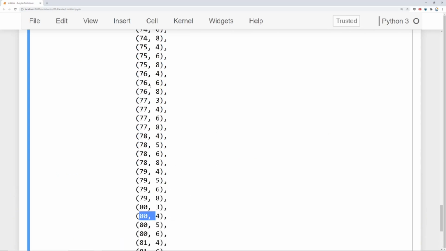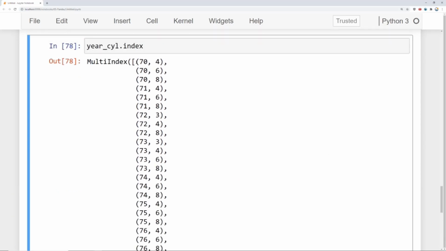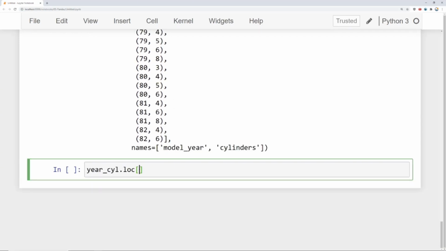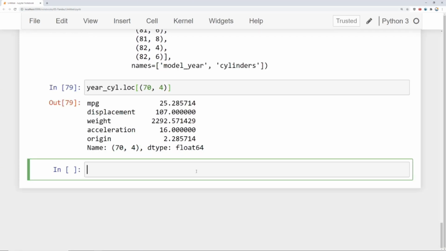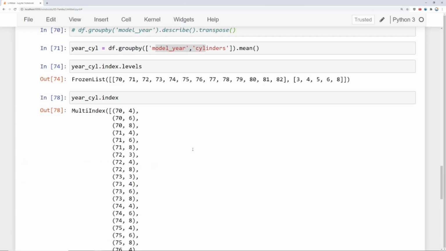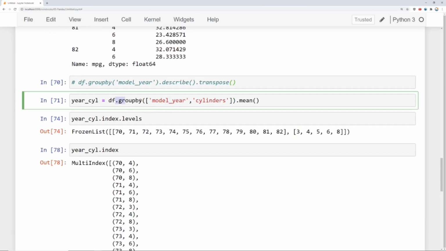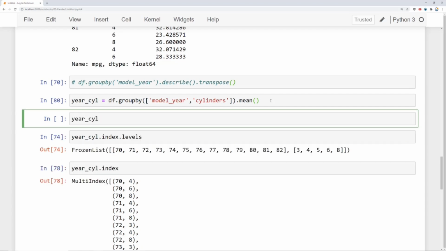Well, all I need to do is, for example, grab one of them, like 4-cylinder cars for 1970, and then pass it in here, and it returns back that exact row as a series. Previously we saw that if I say group by, use two or more columns, and then perform some sort of aggregate operation, and then I check out year cylinder,